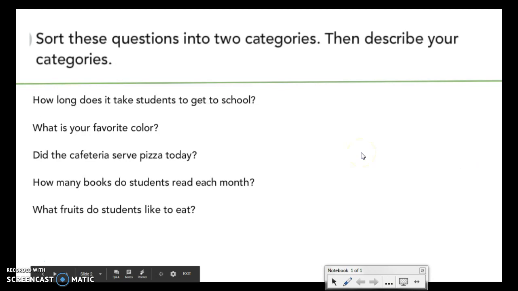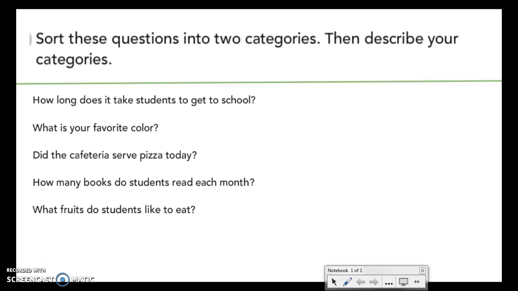So to dive in a little bit, I want you and the kids that are sitting next to you, it might be your sibling because you might be at home, or it might be a neighbor at school in your classroom. I want you guys to read the 5 questions we have here and see if you can sort them